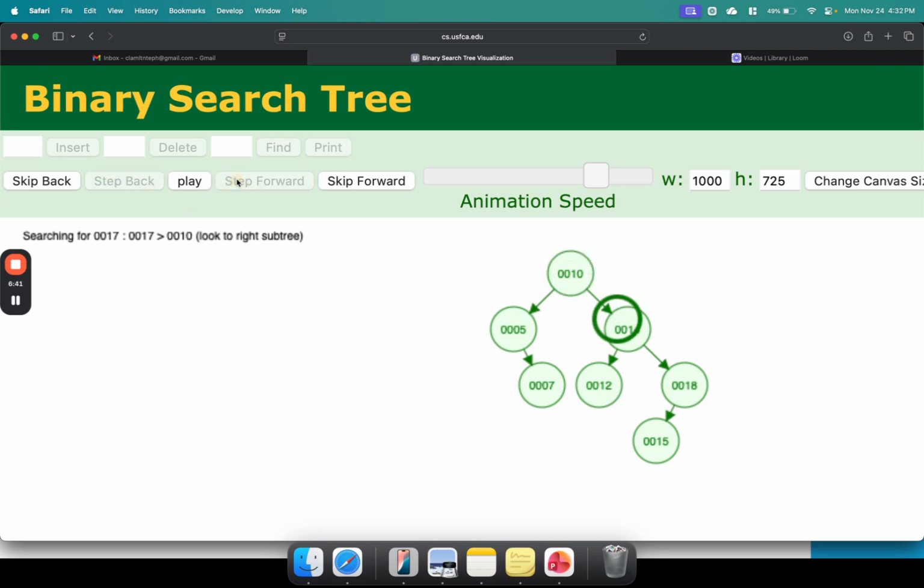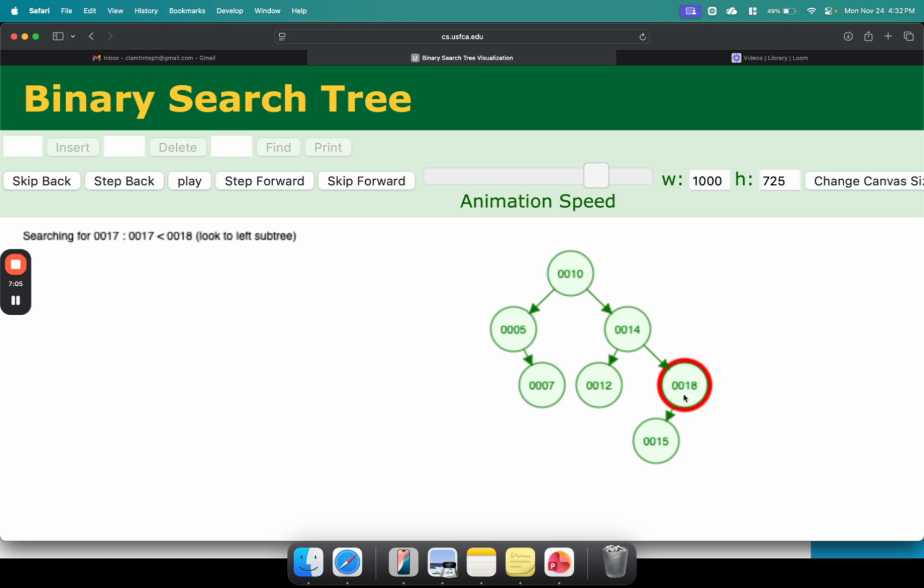So step forward, I'll check the next element, my right child. Next, I'm going to check again. Is 17 bigger than 14 or smaller? It's bigger, so I go to the right. And then I do it again. Is 17 bigger or smaller than 18?